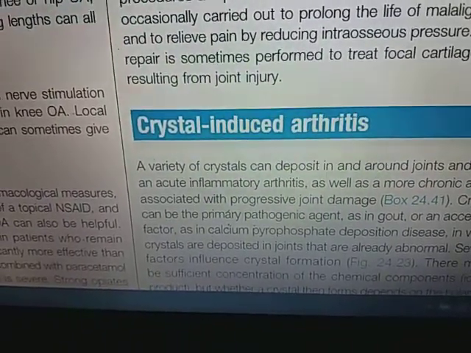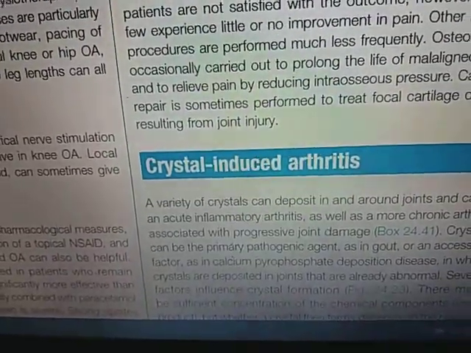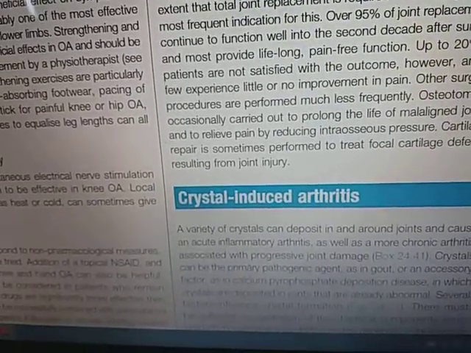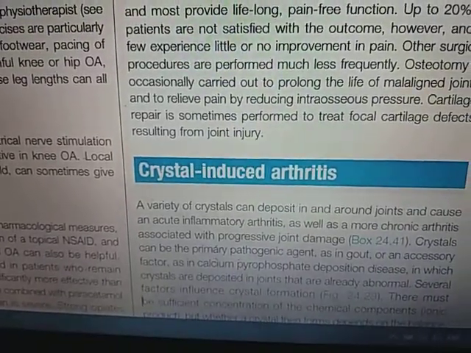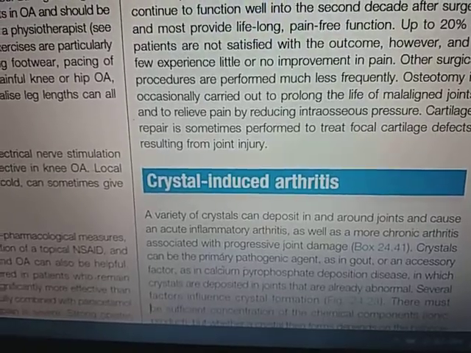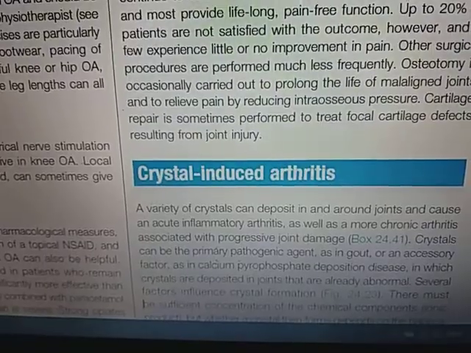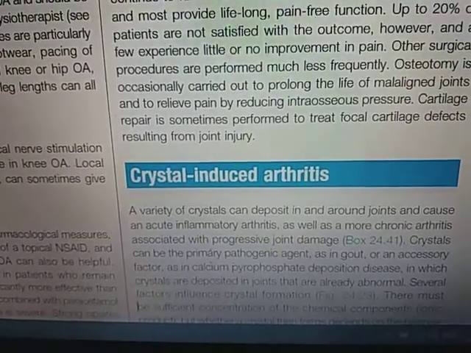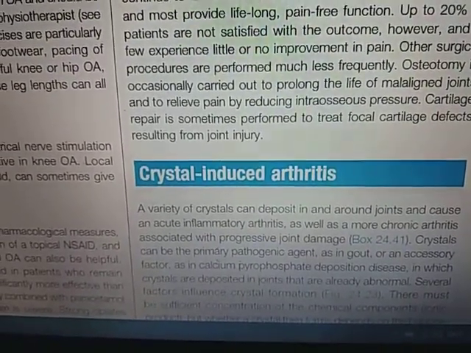For example, in the knee OA, in osteoarthritis of the knee joint, one expects to have a wasting of the quadriceps muscle. Quadriceps is the stabilizing muscle of the knee. It is the extensor mechanism of the knee. So wasting of the quadriceps is treated by strengthening isometric exercise, stabilizing exercise,